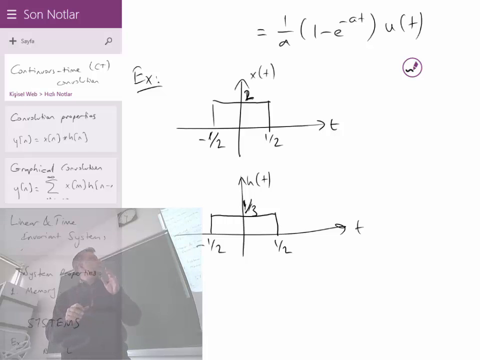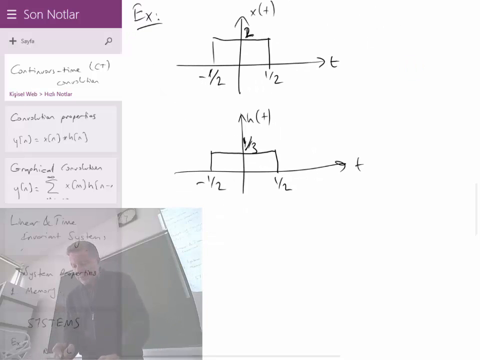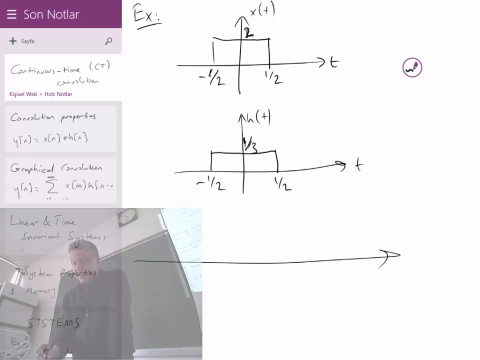The previous one was a single entity, a single formula at the top, you see. But this one, I am sure you won't be able to say it that way. You just have to think of flipping around. H of t will give you the same, right? Because it's symmetric around the center. So when you flip it around, it will be the same. Let's slide it towards the left.